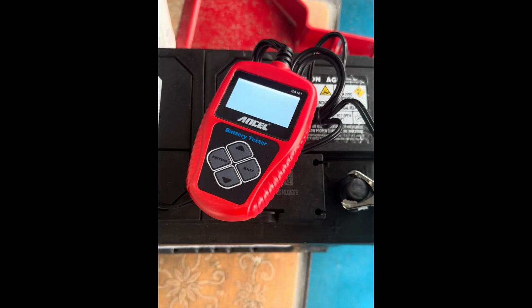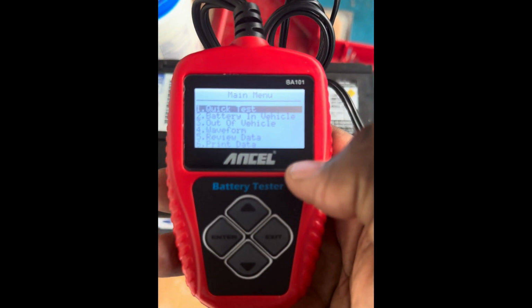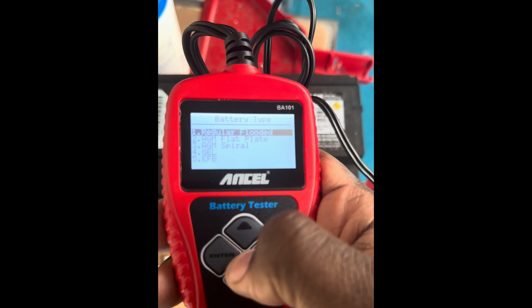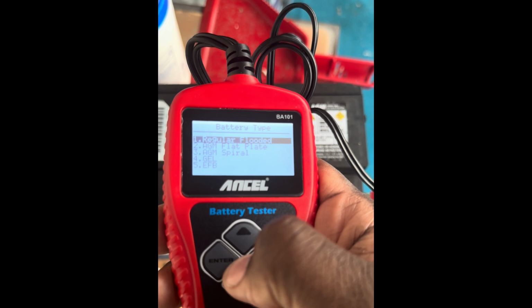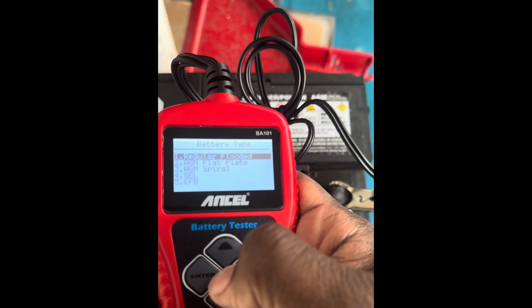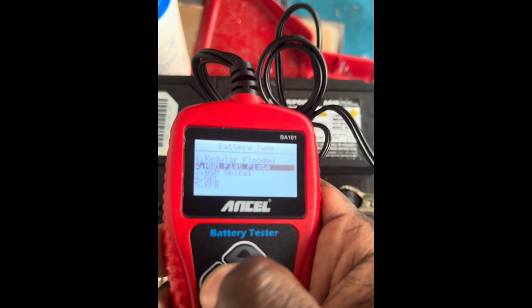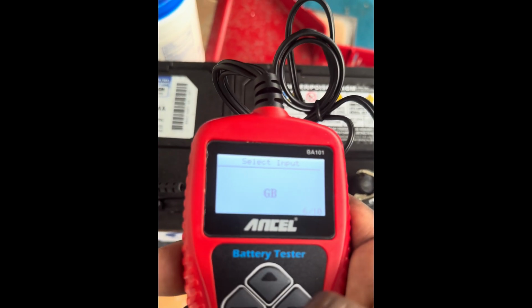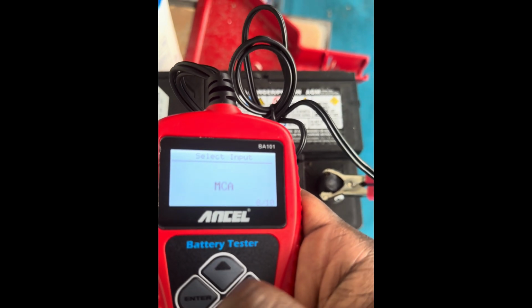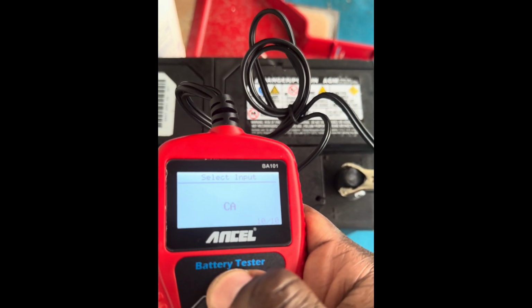And boom. As soon as you connect it, it turns on. So it asks you, do you want a quick test, battery in vehicle or battery out of vehicle? Enter. Battery type: regular flooded, AGM flat plate, AGM spiral, GEL. This is an AGM flat plate battery. Enter. Select test: GB, SAE, there's MCA, BCI, CA, and so forth and so on. So we could start with